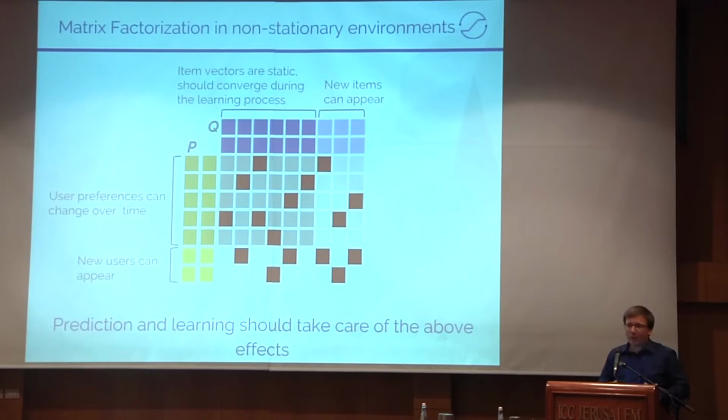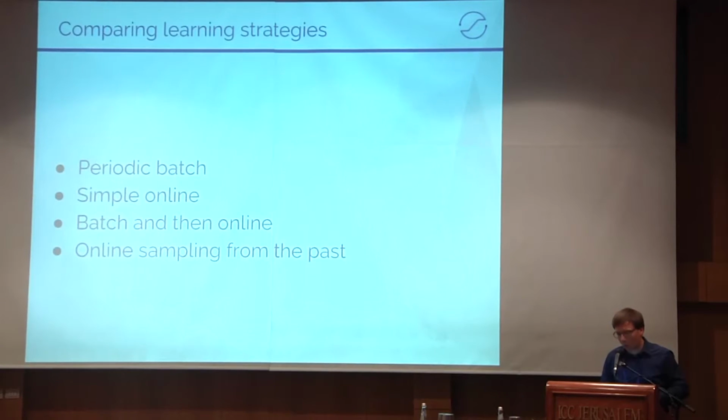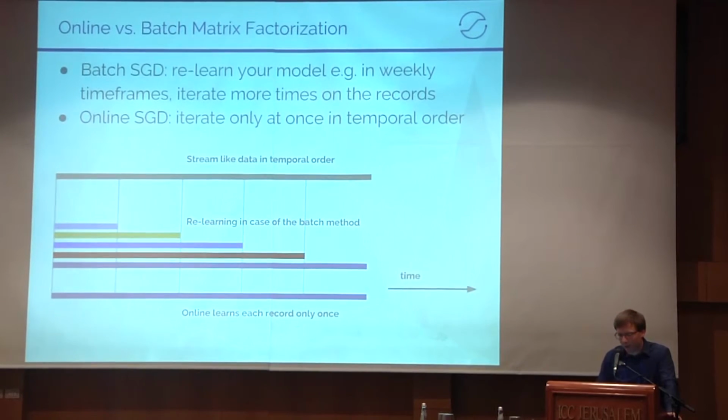All right, getting back to now, let's construct online learning models with which we can learn matrix factorization on this data set. Here I list for you four very simple temporal learning methods that we're going to compare in our experiments. These are the code names, and I'm just going to detail this for you in the upcoming slides. First, I will compare a periodic batch learning method with a so-called simple online learning method. This is what you can see here. These are heavily used, even in the industry and in the research community. We'll compare a so-called batch SGD and an online SGD.